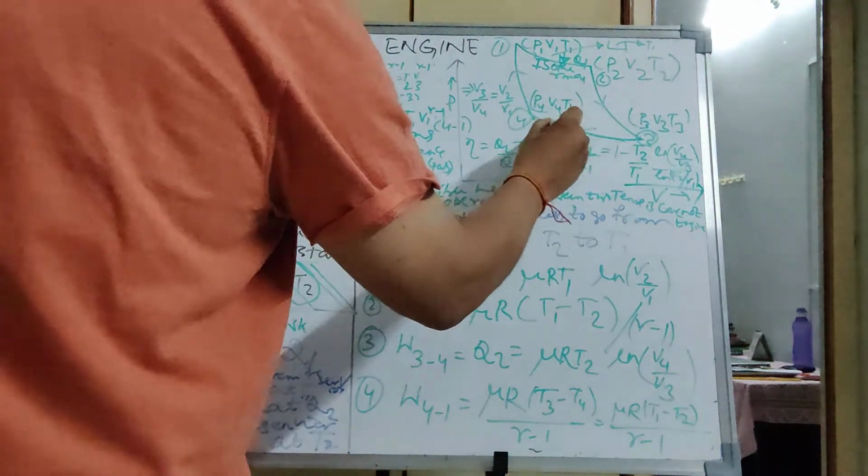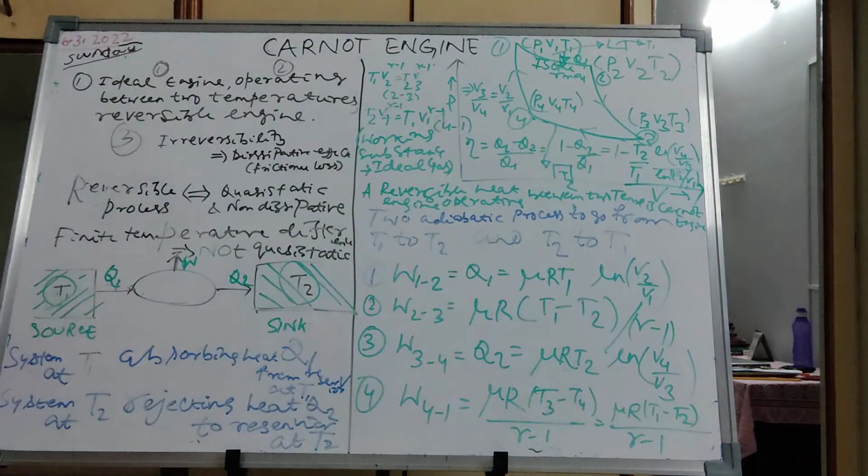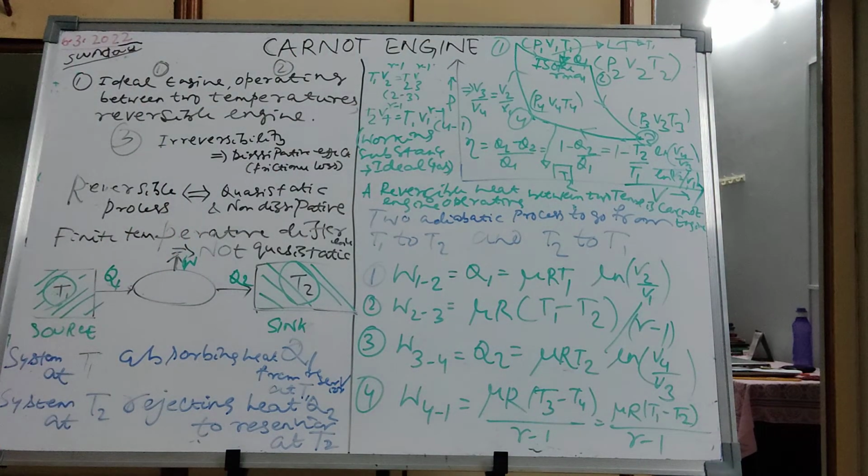Okay. And in this process, heat is going to the sink at T2. The heat transfer is happening quasi-statically, so that there is no finite temperature difference between the source and the working substance, that is the ideal gas. So only in an isothermal process can that happen. So Carnot said, okay, there have to be two isothermal processes: one is isothermal expansion, and the other isothermal compression, where he can make the process quasi-static